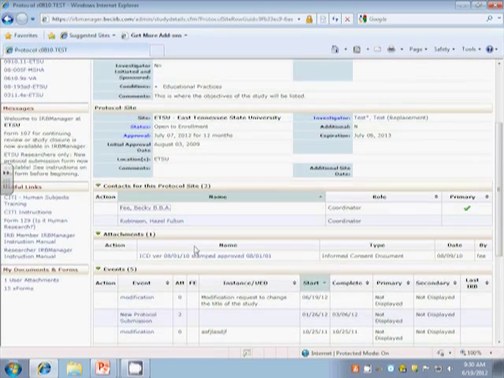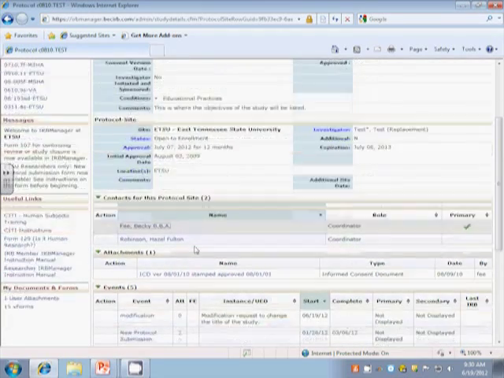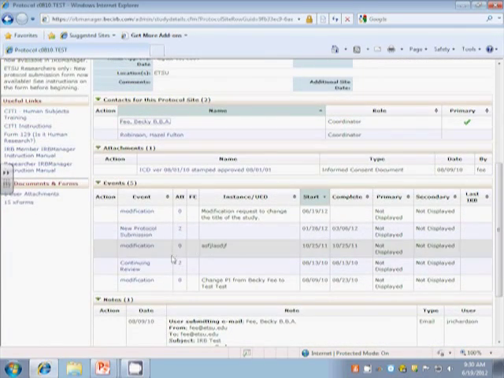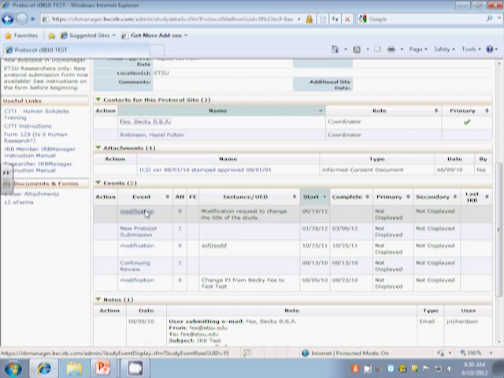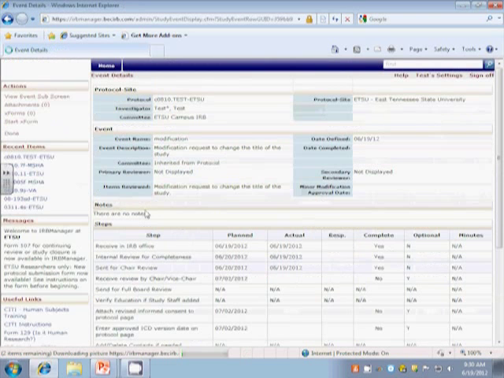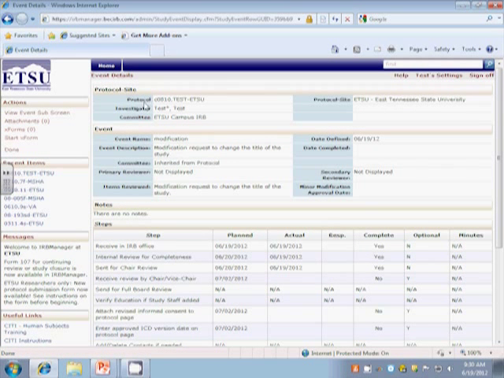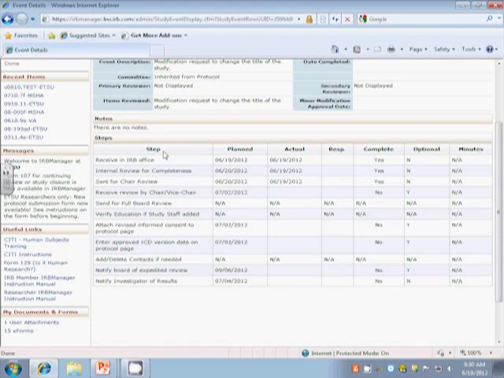Okay, now if you want to see where your modification is, you can click on the name of that event. So you can track the progress in here. You'll see protocol site information, event information, any notes will be listed here, and then you'll see what steps it takes. So when we receive it in the IRB office, you'll see there's a plan date that the system feeds in for us, but then you'll see a date listed here under actual when that's complete, and then it will